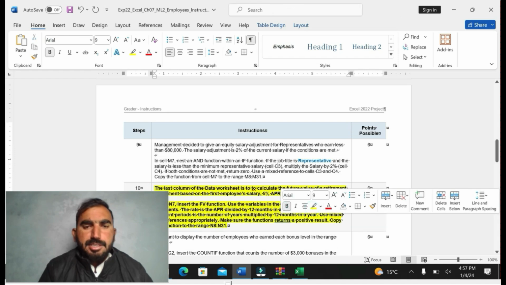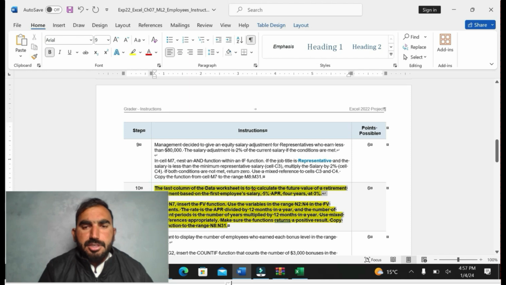Now I am going to move to my next step. My next step is step number 10. In cell N7, insert the FV function. Use the variables in ranges N2 to N4 and the FV arguments, the rate is the APR divided by